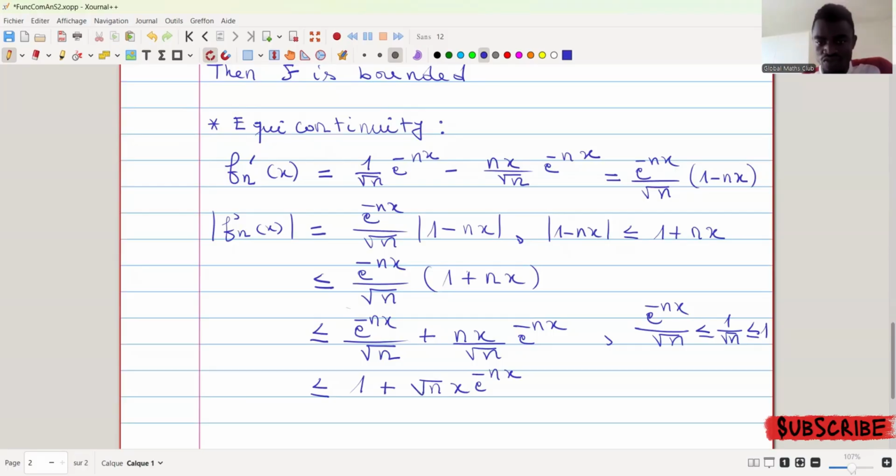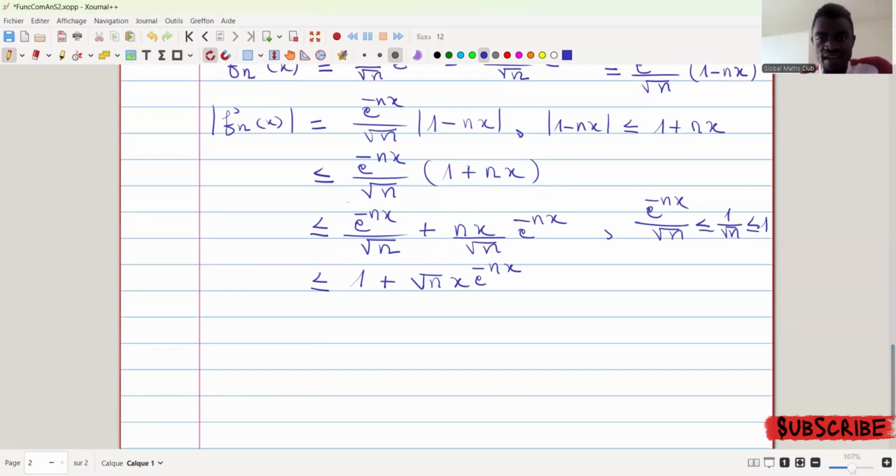Now, the thing is that when you are looking for the upper bound of this quantity, it should not depend on n and x. So what I'm going to try is to find an upper bound of this quantity that does not depend on n and x. So if I take, for instance, and you can do it in your own way, it's not necessarily the same way, but you have to understand the main idea. So if I take t equal to nx like this,